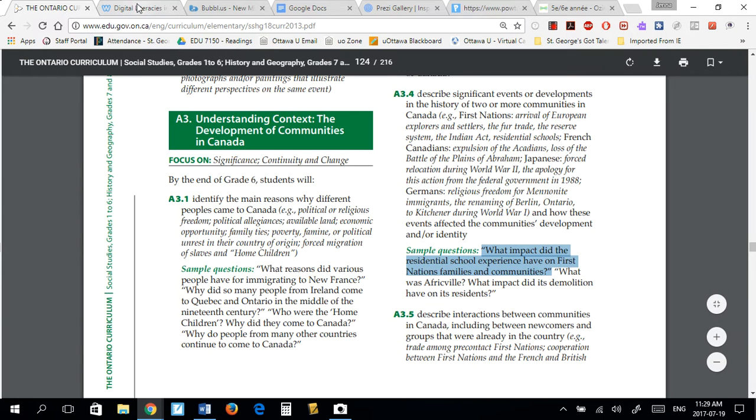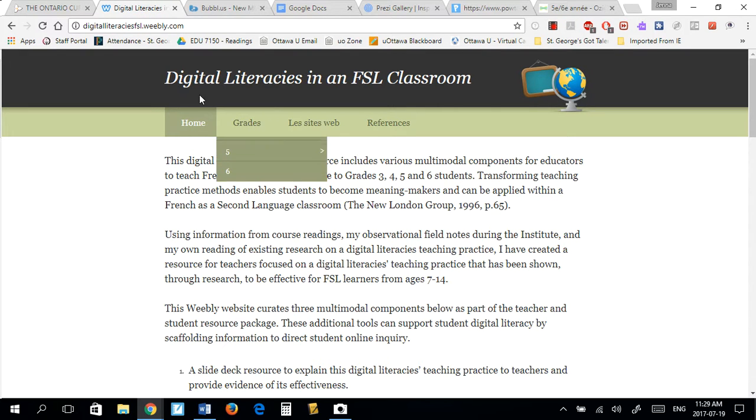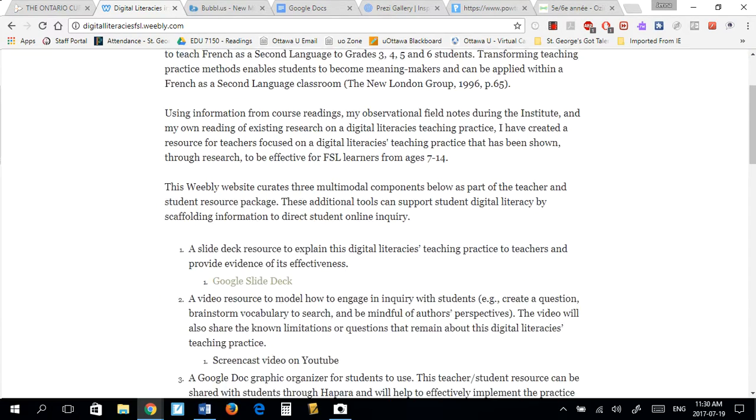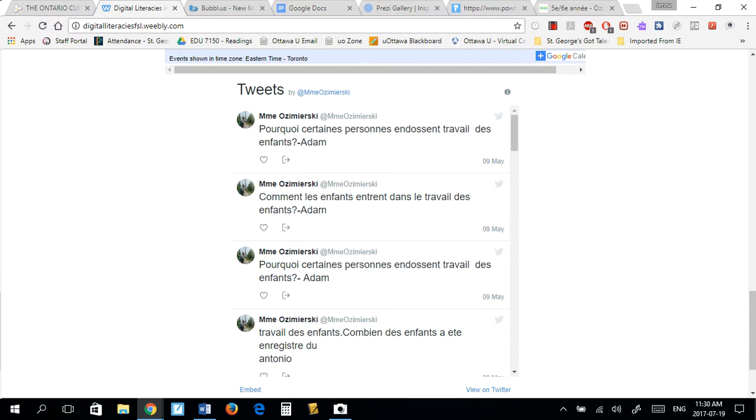They can share their questions, co-created as a class or with partners, through a platform like Twitter. I embedded Twitter within the website here that I've made, and also within my classroom website. So here is an example of tweets that my students have created for their questions, starting with why and how. Just to format this, these are about child labor, but the same thing can be done for immigration to Canada.